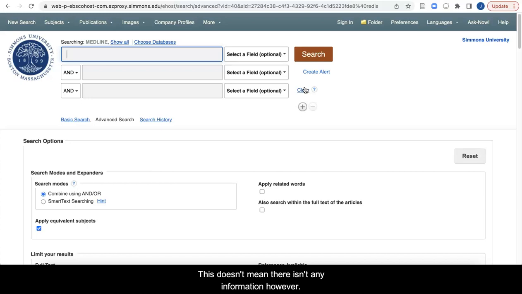This doesn't mean there isn't any information, however. Articles are organized on databases by subject terms, or for our purposes, keywords. Rather than searching using natural language, we must break down our research topic into noun-based and descriptive terms separated by